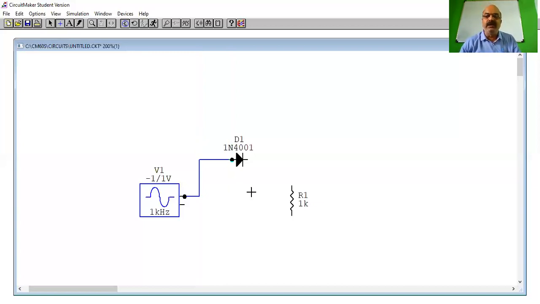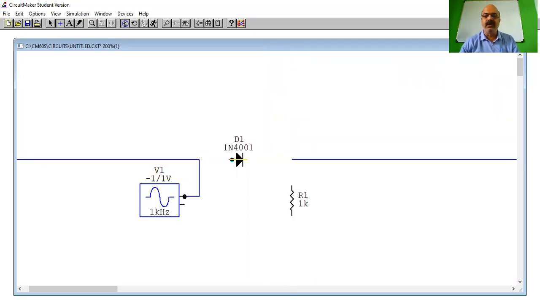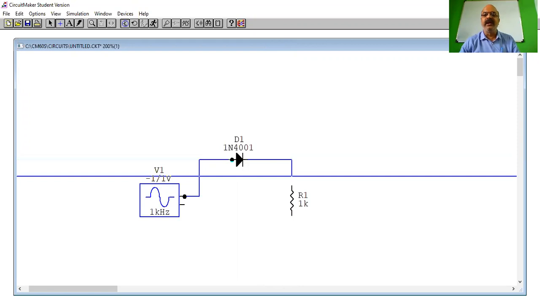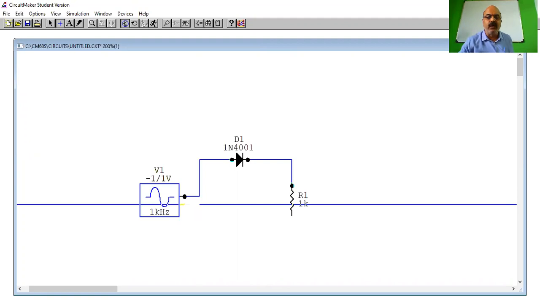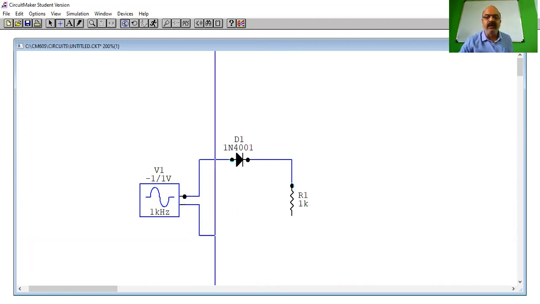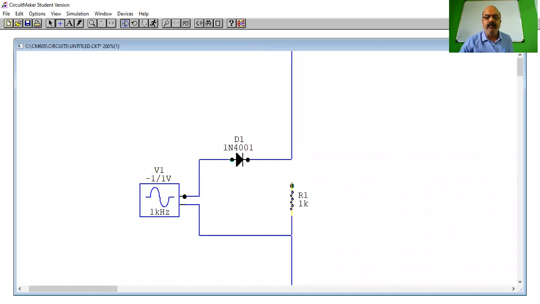Now, similarly, I want to connect this diode to the resistor. I will bring this plus sign cursor here. Here you can observe the red rectangle. I will click it. I want to turn down, so I will click the mouse button. Again, I get a red rectangle. I will just click it and leave it. In this way, I can connect the component. Here also, I will change the direction, go down. Again, I will go right. Then I will go up and connect the component.